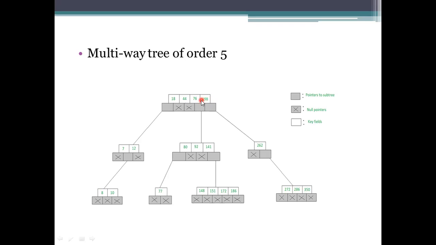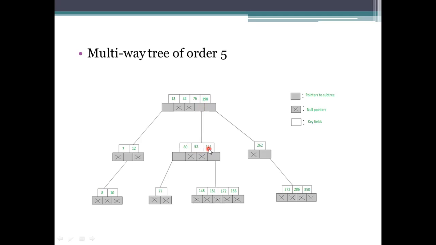So here this is greater than 76, but it is less than 198. Now, what you have to do is go for the left side of the one which has been pointing. From the last, the fourth pointer we are using has a subtree representation. Coming to this one, what happens here?